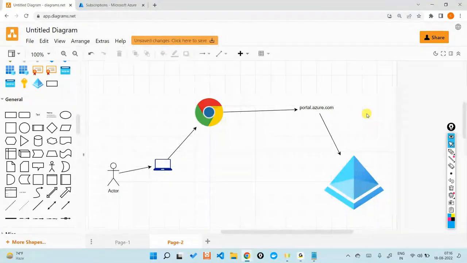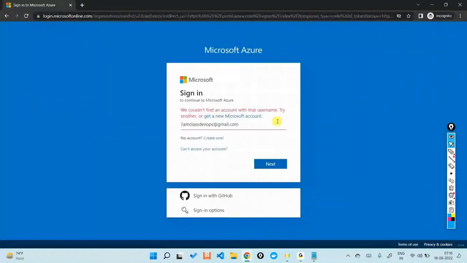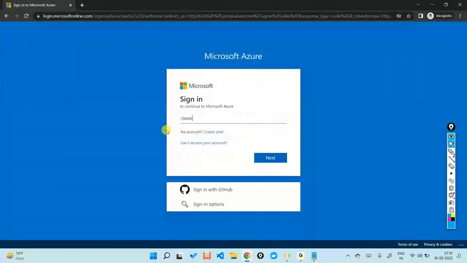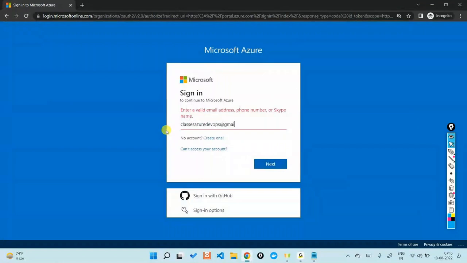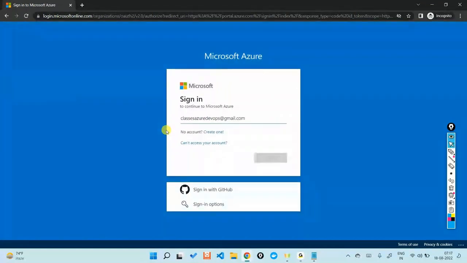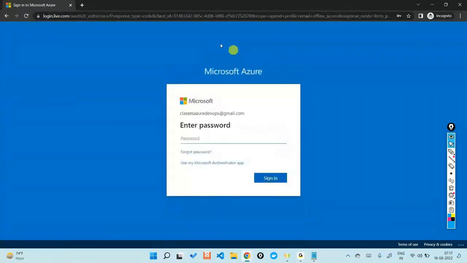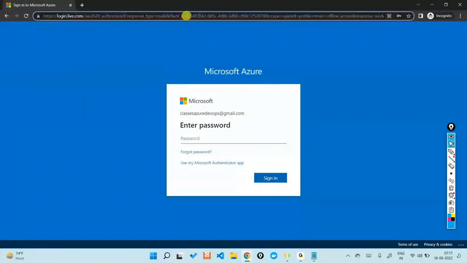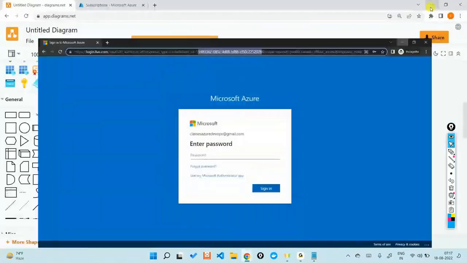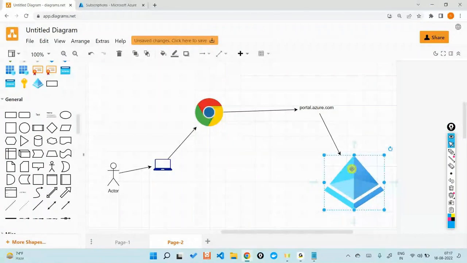So again, if I just go back and say my ID, which is classes azuredevops at gmail.com, and say enter. Now, if you see at the top, it's telling some ID. So it's telling, okay, fine, the user is there in the background. There is some ID that the user is trying to sign in with. And now it will go into my particular tenant. And inside my tenant,